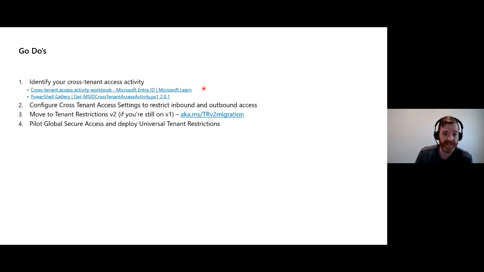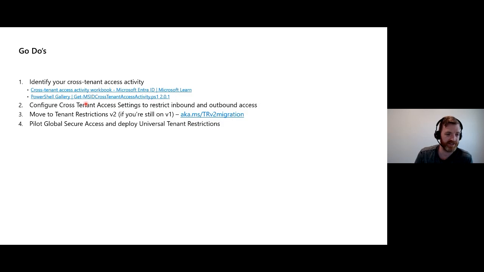Simply look at the report, and it'll show you exactly which users are accessing which external tenants. And if you wanted to leverage that as the baseline, lock that down and say, all of this is allowed, but nothing new will be allowed unless they go through this additional process, which I will set up for onboarding new tenants. But if you're not using the log analytics workbooks, there is also a PowerShell module which you can